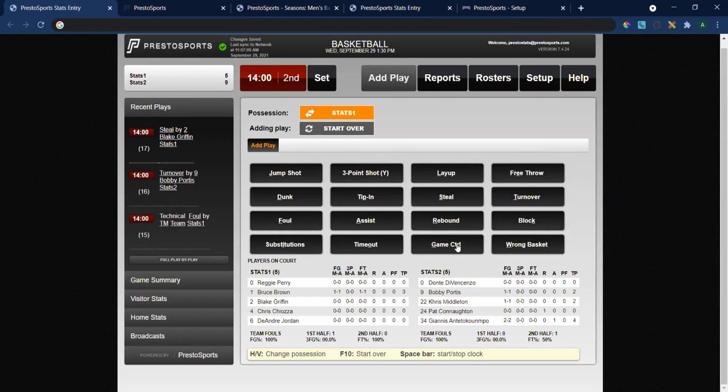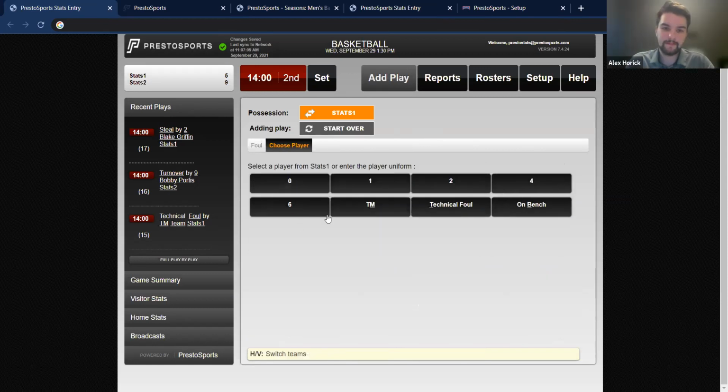Alex, it looks like there was some confusion on the dead ball rebound. So maybe you could cover that again. The question specifically is, if a person misses the front end of a second shot foul, should they just click rebound and then the choice will come up for them, or how does that work? Yeah, so if there's a foul,